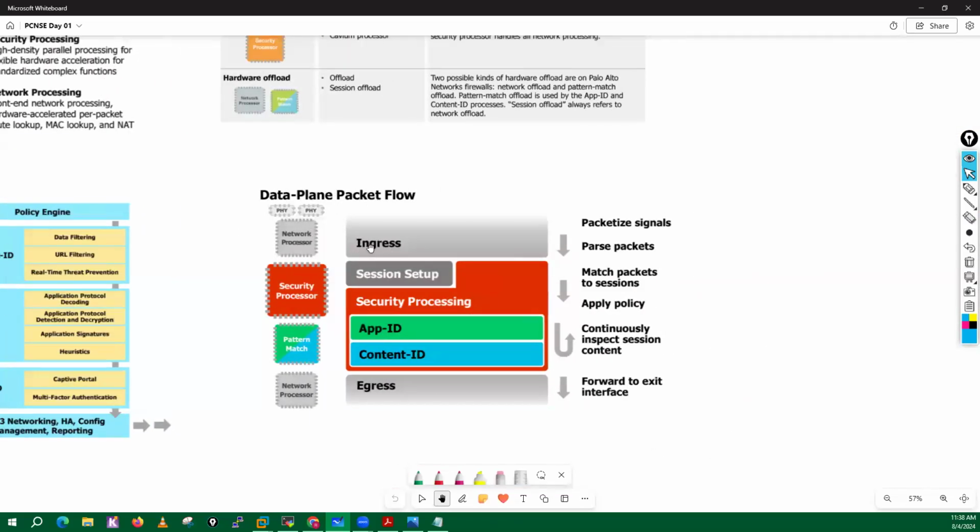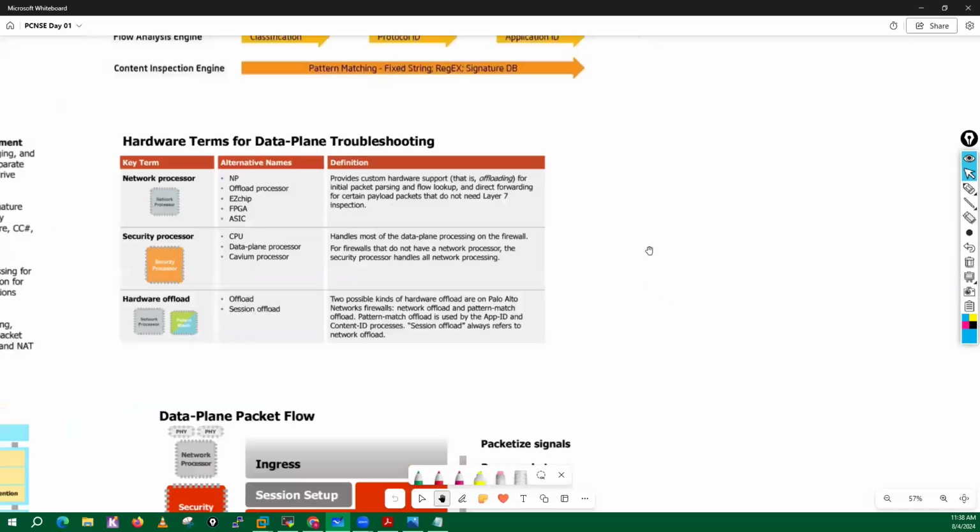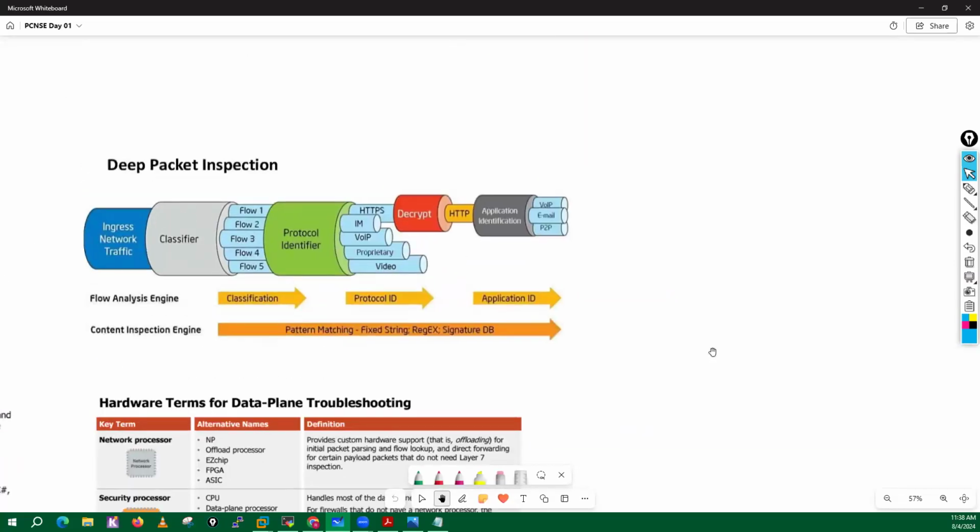These are the stages: ingress stage, flow lookup, session setup, then security processing, app ID, content ID, egress, right? And these are the different procedures they have mentioned. Now let's try to understand how you